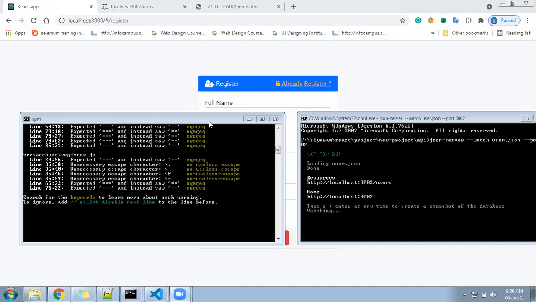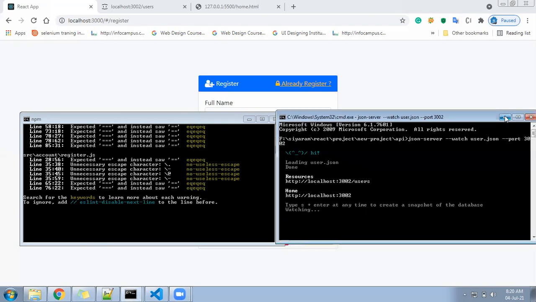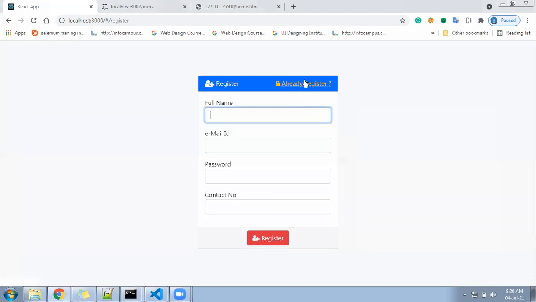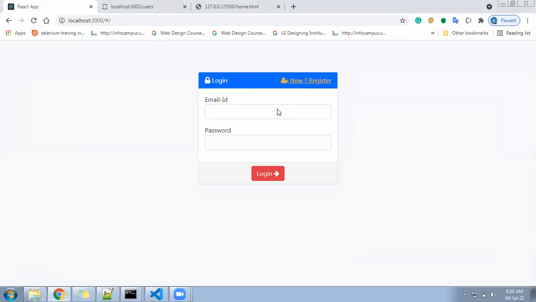Okay, so what will be the process? A user will come and open the page. After that, he will see either login or register. Once he registers, he can go to the login. From here, he can log in, and after that, he can move next. Once the login happens, the next page will appear, and we will check what to do there. So login, register, and then a success page and a logout page. This all will be done. Then you can think of anything after that, and design whichever way you want.